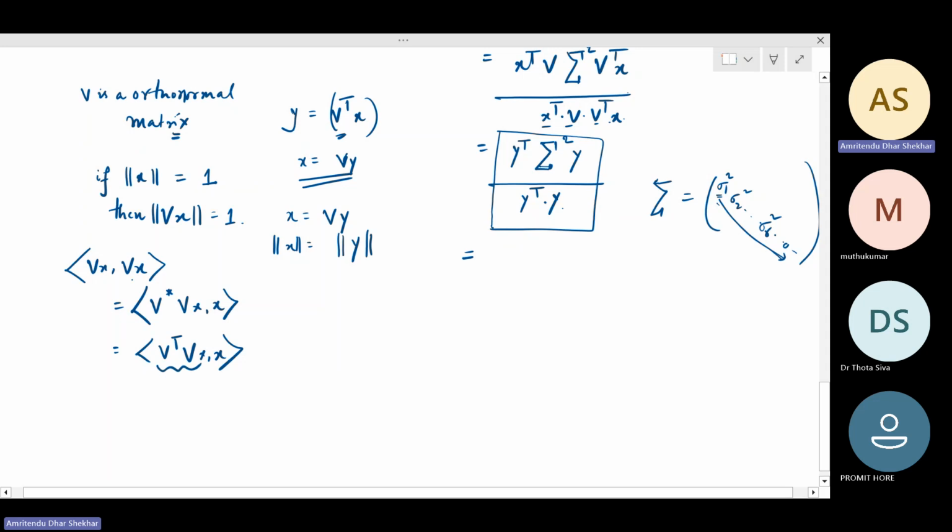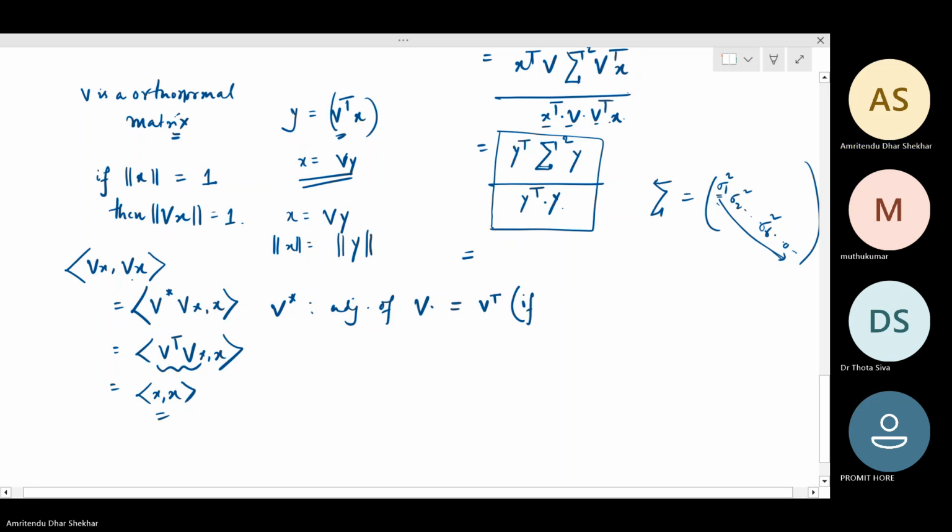But V transpose times V is equal to 1. And so this is equal to the inner product of x with x. So this is called the adjoint of a matrix. If I ask you what does the adjoint of V look like, the adjoint of V is equal to V transpose